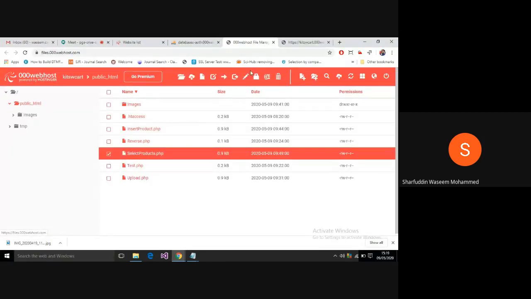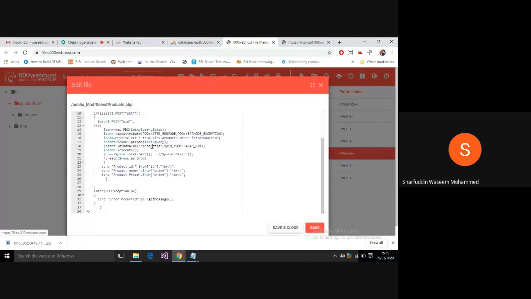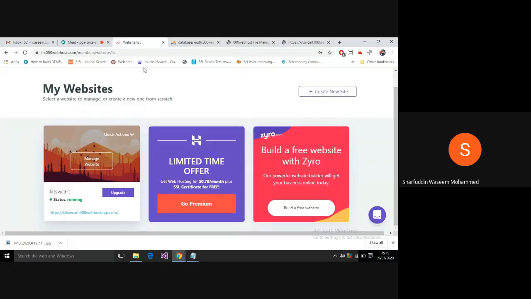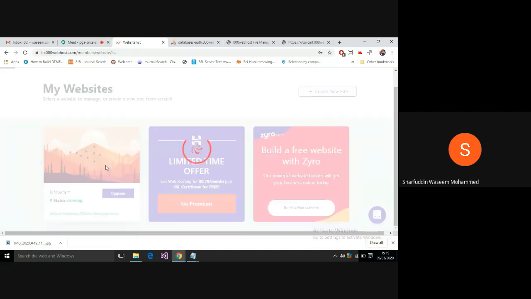Let us change the database now. Why? Because this is necessary. Earlier it was localhost, hence the reason it was running fine. But here, there is no need of this. This can be blank. And this kidsw, I need to replace that with what? Manage website.